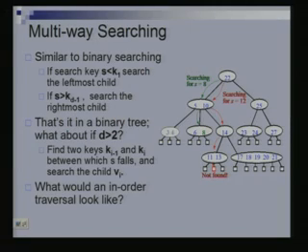Right. So, first go to the leftmost child, then print the key, then go to the next child, then print the key, then go to the third child, then print the key, then go to the next child, and so on, right. So, that would correspond to an in-order traversal, right. So, for instance, in here, if I were to do an in-order traversal, what would I do?